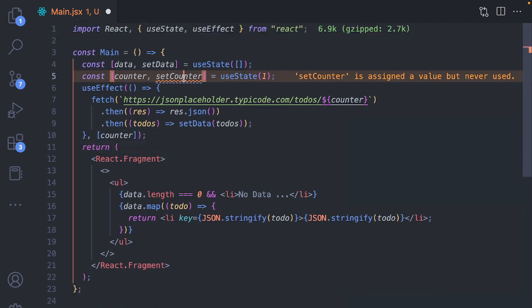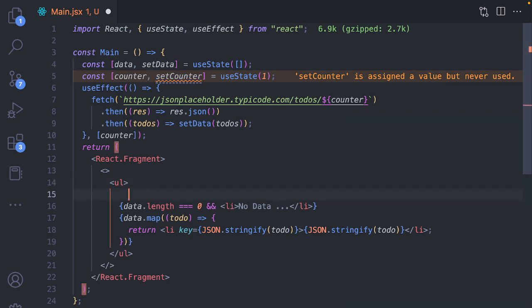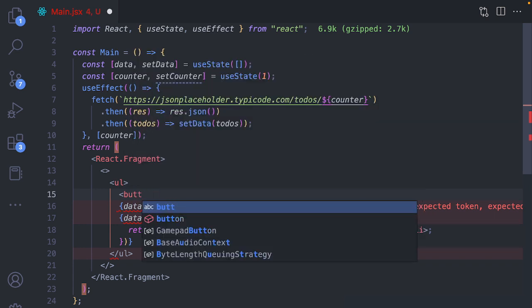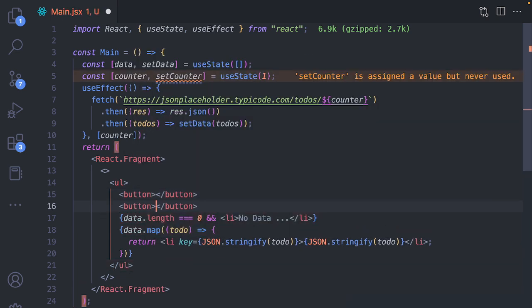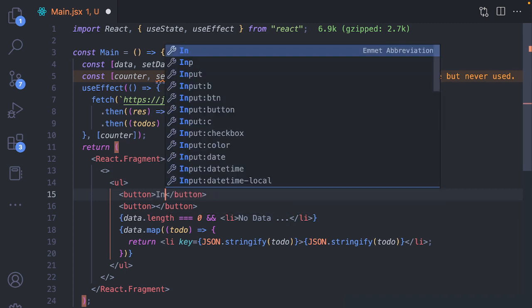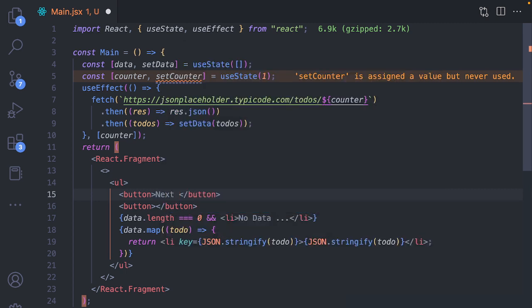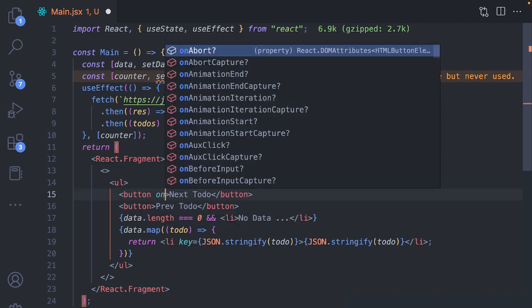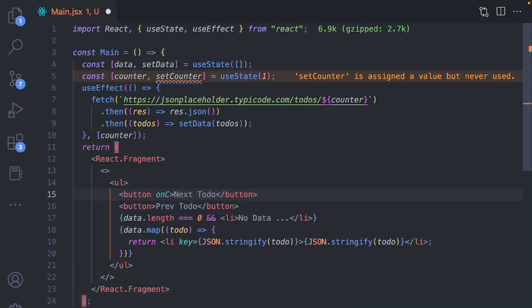Now what I can do, I want to implement two buttons. Okay, let's implement two buttons over here. Let's say this is button 1, and let's also copy this, and this is for increment, or let's say next todo, and we can say previous, prev todo. We can do something like this. And now on click of this button,